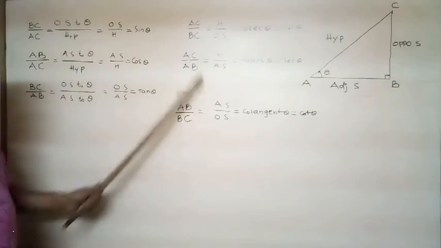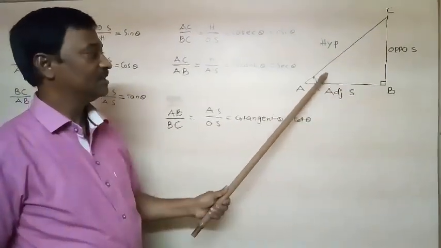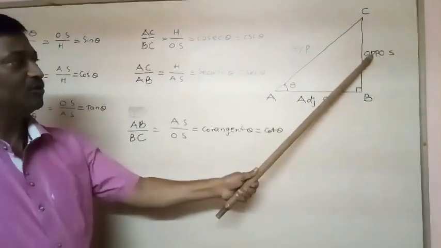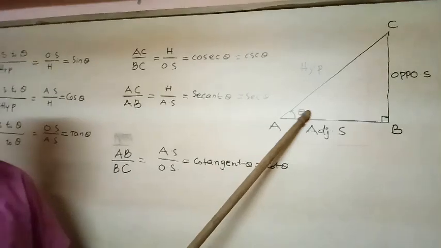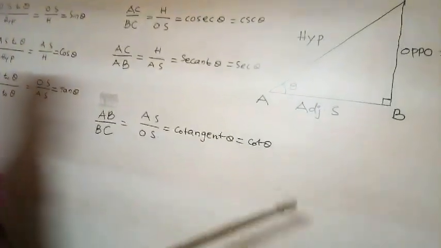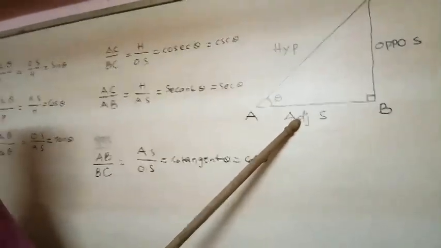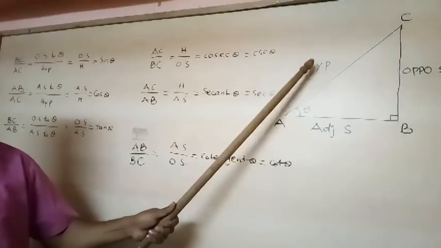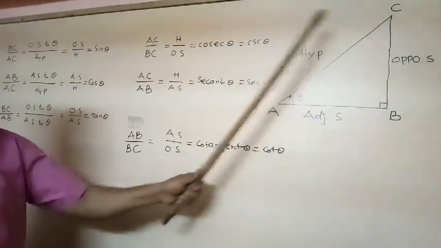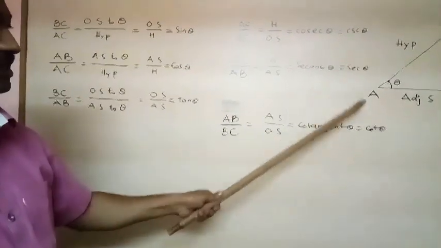Here these definitions depend upon this right angle triangle. Supposing the angle as theta, the side opposite to theta is named the opposite side, and the side adjacent to theta is named the adjacent side. The side which is opposite to 90 degrees is known as hypotenuse. By using these 3 measurements, 6 ratios are explained and written as sin, cos, tan, cosec, sec, cot.